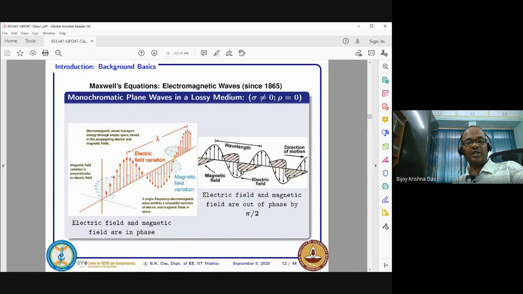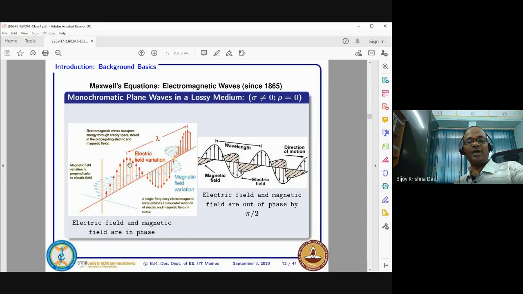If you are considering the electric field, suppose this is your X, this is your Y, and this is your Z direction. In the Z direction, you see the electric field is sinusoidal. The field amplitude will be like this. It is shown as an arrow because it is a vector, and suppose it is oscillating in the X direction. If the material is such that the electric field and magnetic field are in phase, then the magnetic field will be in the Y direction, shown horizontally, the orthogonal direction, and that is also oscillating. You can show the electromagnetic wave like this.